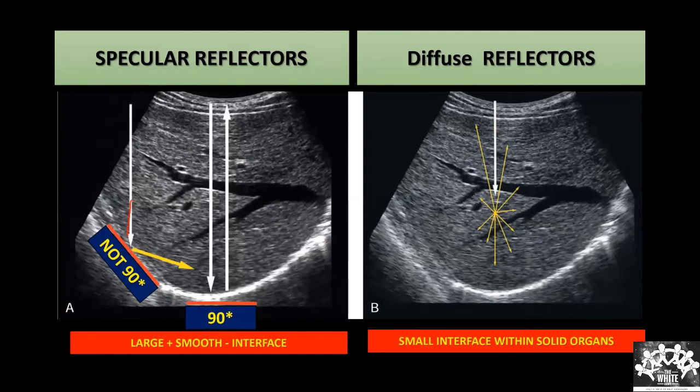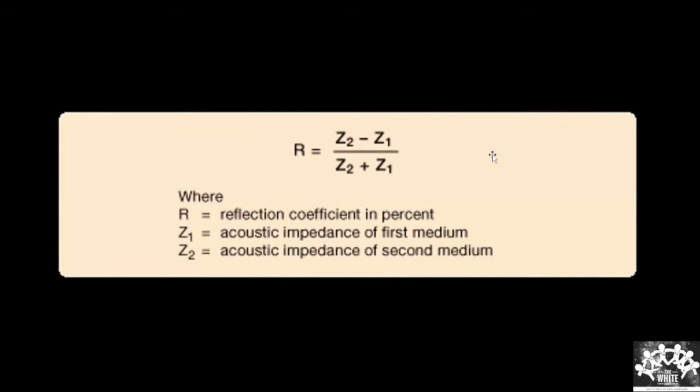So here it is not hitting at 90 degrees. It won't look as bright. See here, this is a diaphragm. Even this is the diaphragm, but this part of the diaphragm is not looking white. Why? Because it is not hitting perpendicular. It is hitting at some angle, so it will get reflected in random directions. So that's important. Yeah, this is the formula that I told you.